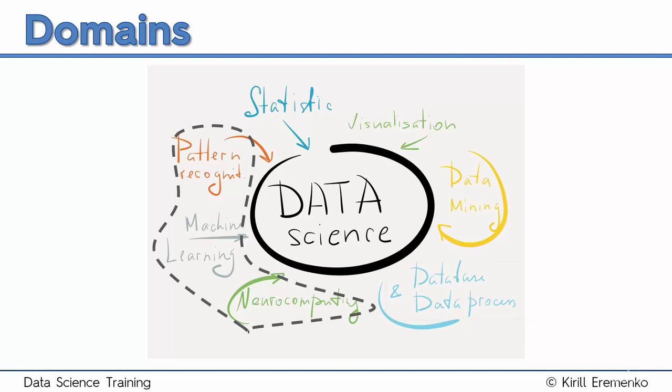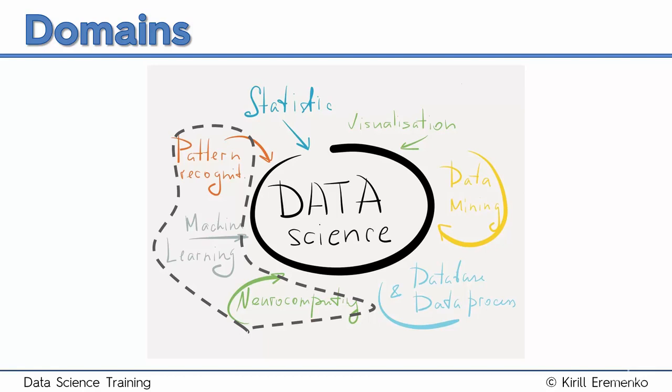Now these three, pattern recognition, machine learning, and neuroplasticity, are separate here, but personally I would put them all together. They all cater to one goal: teaching computers how to learn without being explicitly programmed. This is quite an advanced realm for a data scientist, and this is where you go once you've gotten quite proficient at all of the other areas that we've covered off. And moreover, not every data scientist has to go down this pathway, because this is a very specific set of skills that's applicable to certain business problems and challenges.